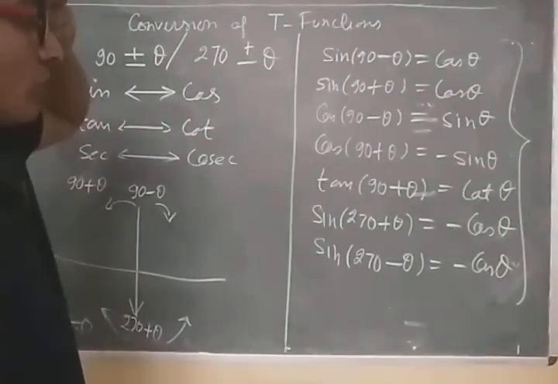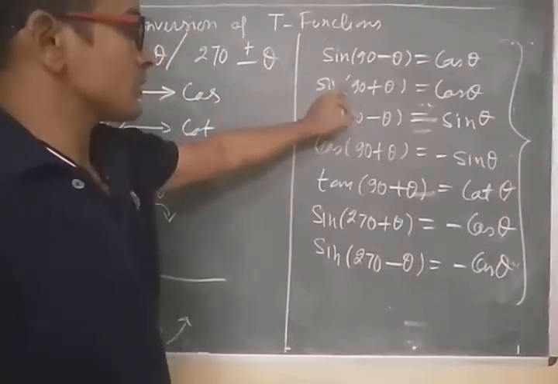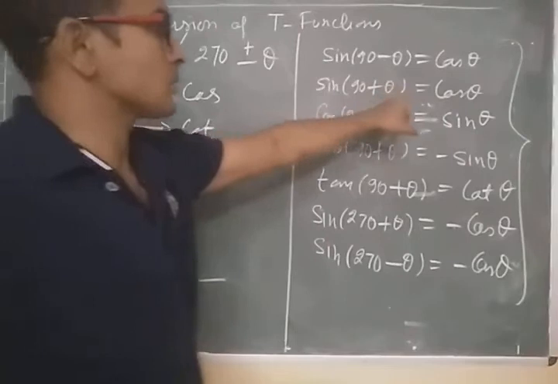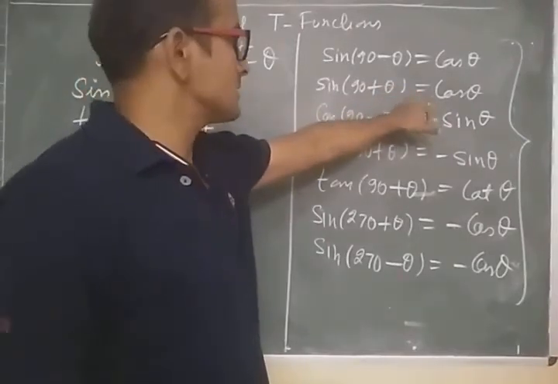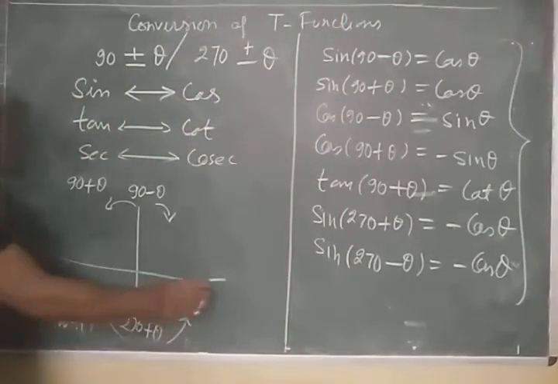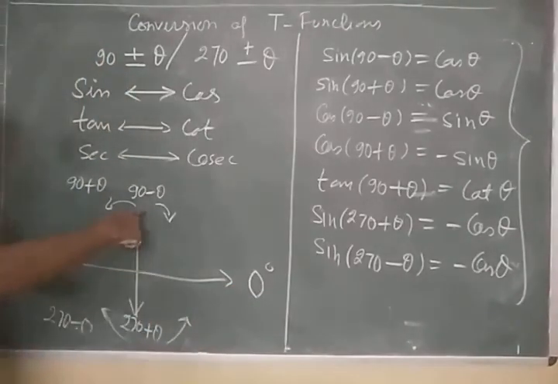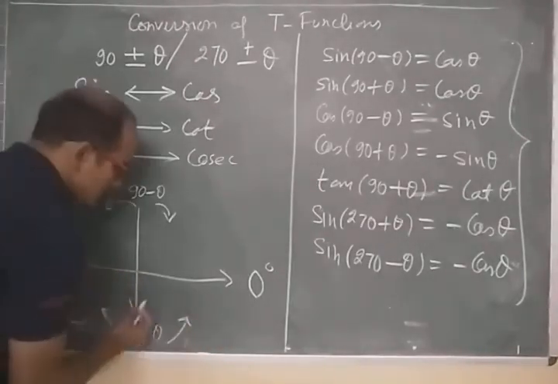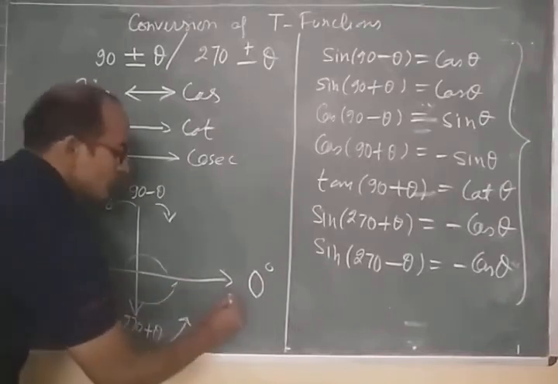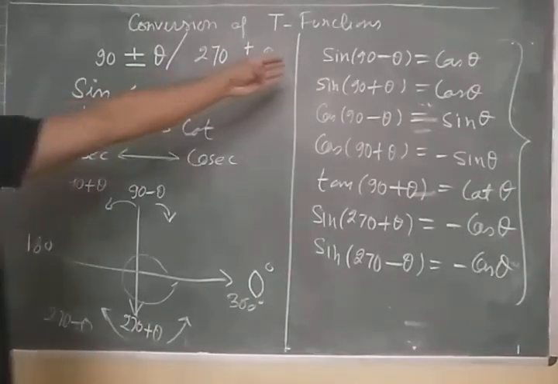Now we will move from 90 minus to 90 plus. Like if I ask what is sine 90 plus theta, it becomes cos theta. So how will you convert this? 90 plus theta or 90 minus theta? First of all, you must learn this table: this is called 0 degree angle, this is 90 degree, this is 180 degree, and this is 270. Again, after one rotation, it becomes 360 degree.